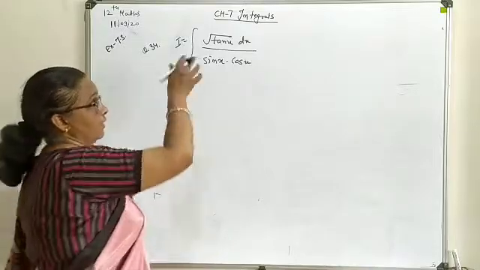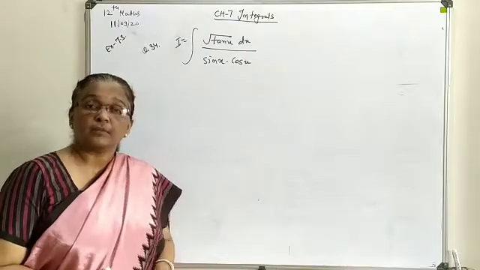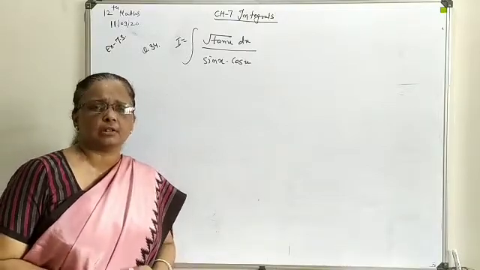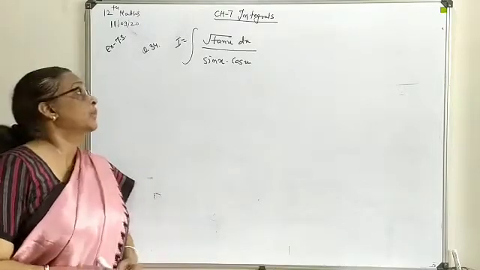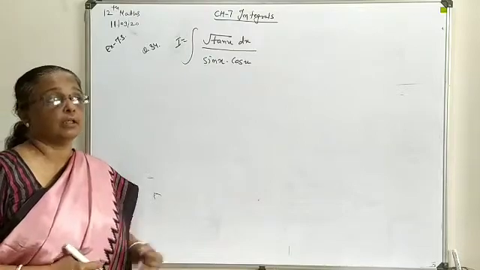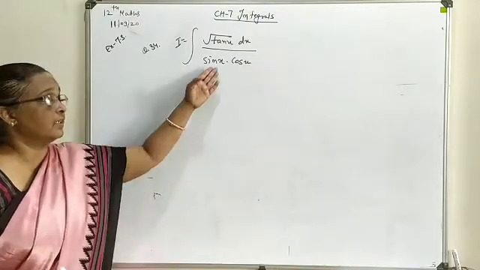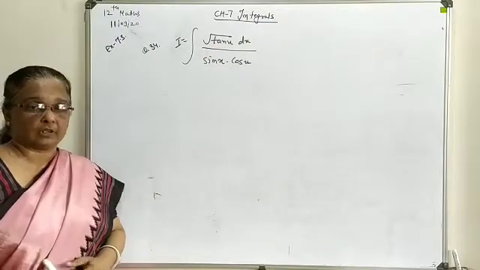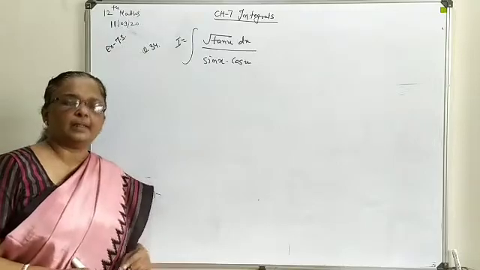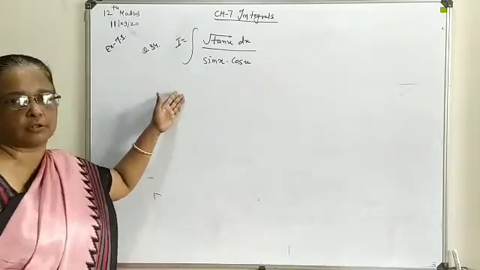Because tangent is available for reference and it is inside the square root, obviously this square root term we are going to handle as the main function, it is not the dt part. So if you suppose tan x as t, on differentiation you require sec square x, but here only sec is available as 1 upon cos form. So this cos we are going to convert as a square form and generate a sec square. So the reference is available in the question itself.